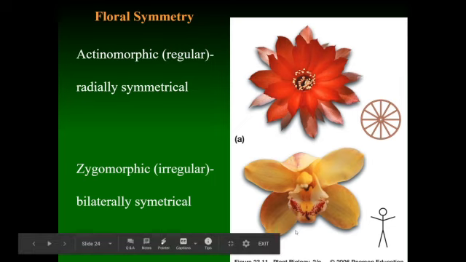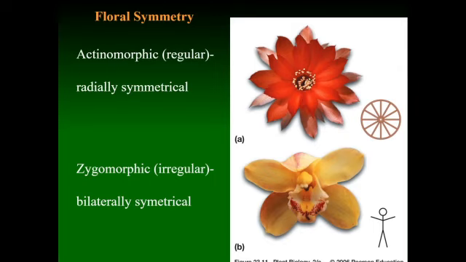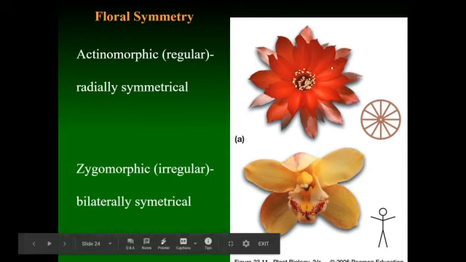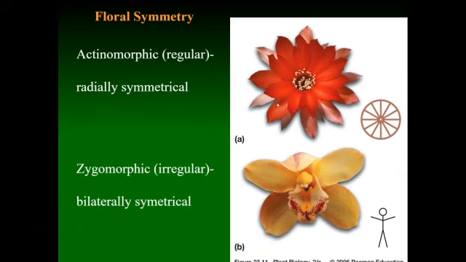This is an orchid. If we look at this orchid, we can look at the number of petals. We've got 1, 2, 3. These are actually the true petals. This is a specialized petal called the labellum. We've got 1, 2, 3 sepals. So that means, give you a hint, it's going to be a monocot. The cactus is actually a eudicot, although it's harder to figure out because it's got so many petals. You're probably going to have to use something else to actually